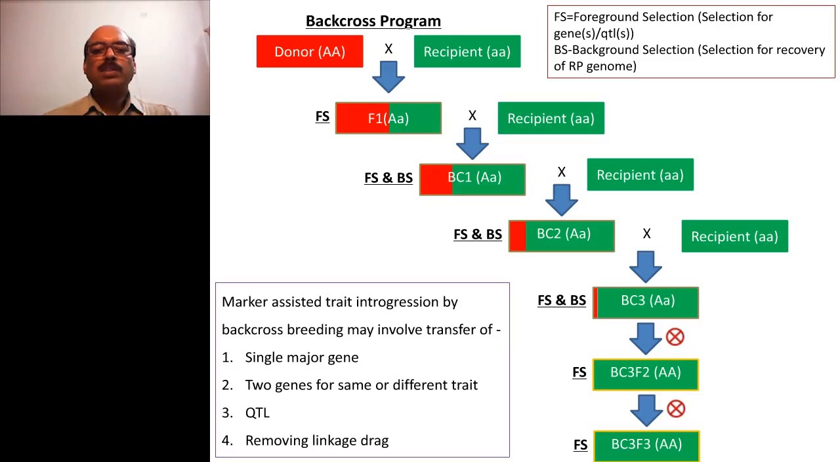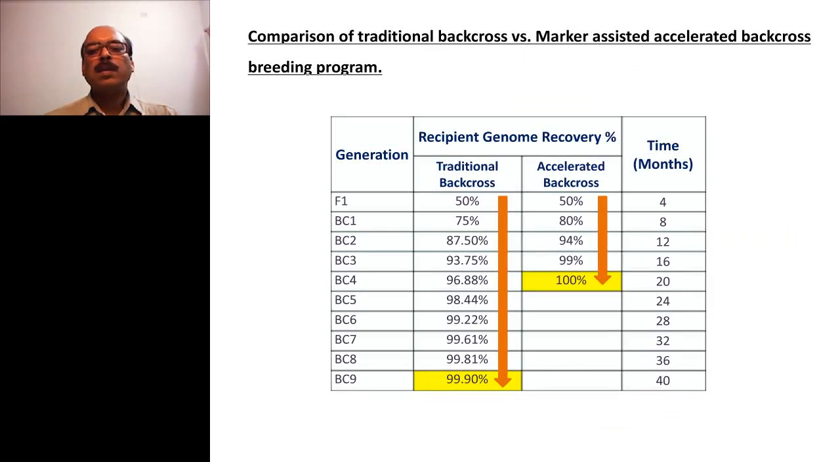backcrossing. So conventionally, if we see this slide, if we compare traditional backcross versus marker-assisted accelerated backcrossing program, in the traditional backcross, usually up to backcross 9 generation is carried on, and still we see it's not really complete recovery of the recurrent parent genome. On the other hand, if we are using marker-assisted selection, in that case, by BC4, that is the backcross generation 4, we already have plants having almost 100% recurrent parent genome,